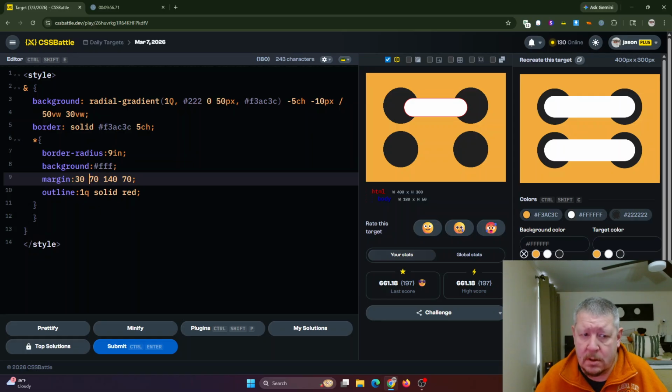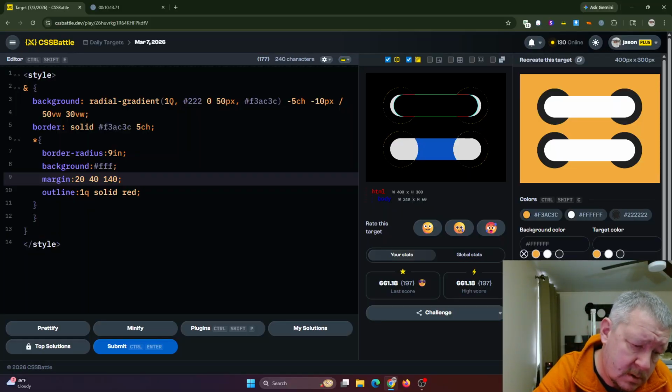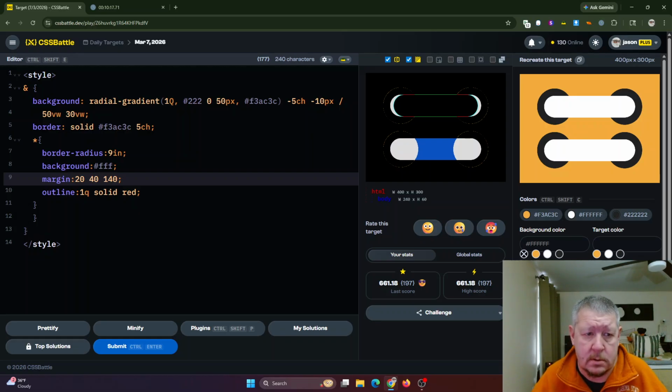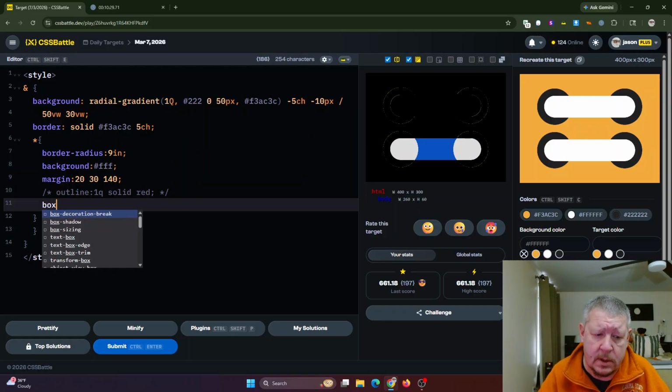40 needs to be up higher, doesn't it? 20. That looks like the right height. Now it just needs to be wider, which means I can get rid of this completely and just do 50, 40. 45? Nope. Other way, 35. 30. All right, there's what I was going for, and then we can just box